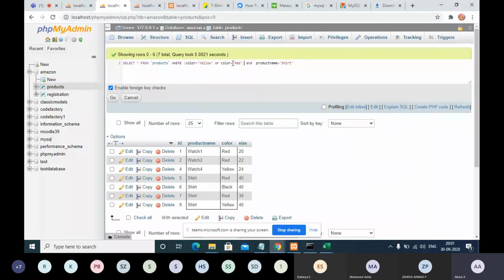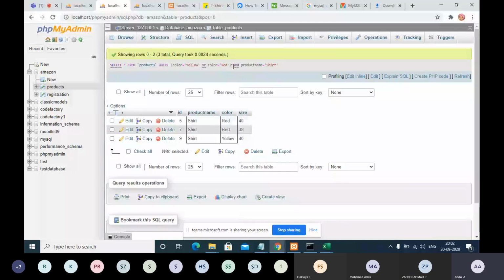All of this is only one condition, so only two conditions I am applying. The color can be either yellow or red, that is not an issue for me, but the product name should be only shirt. The watches should not come. If I execute like this, all the red and yellow will come, but only the product shirt will come.